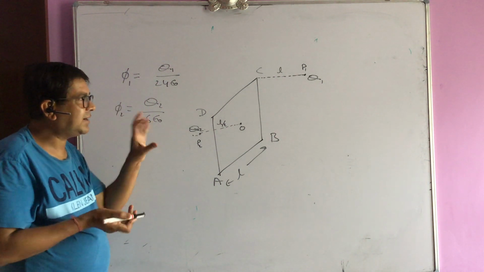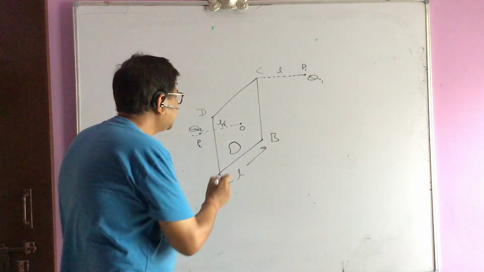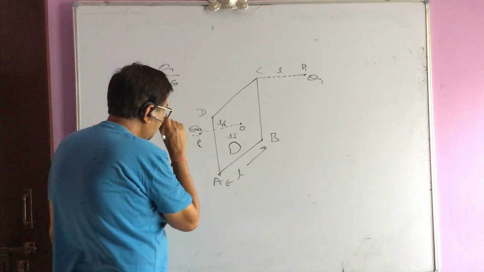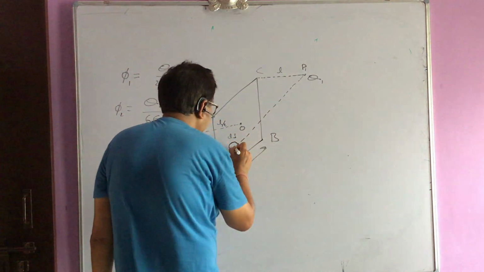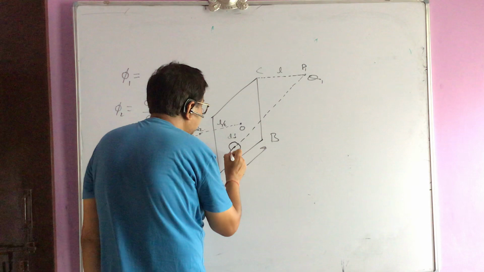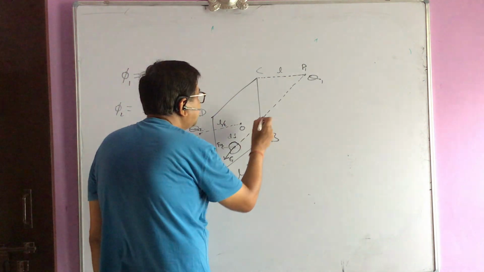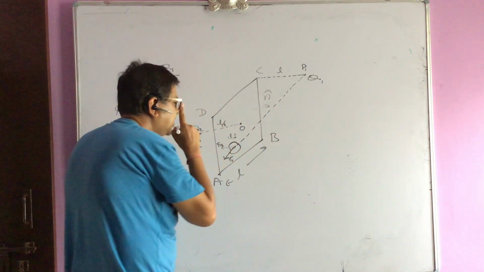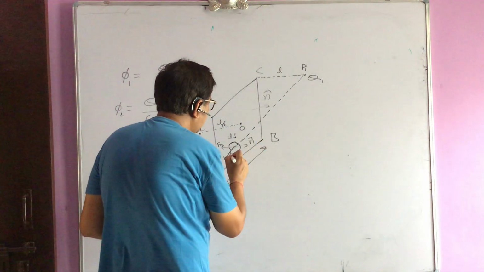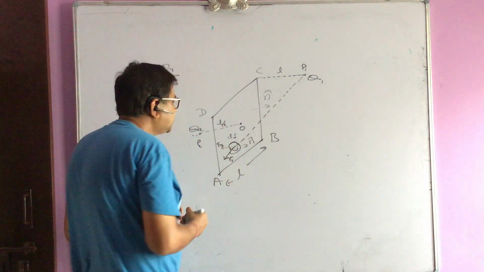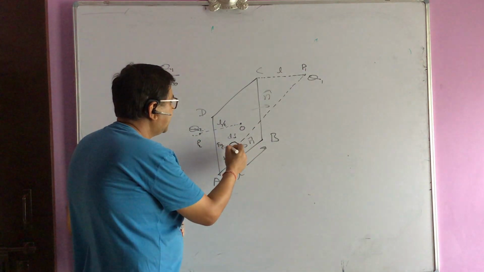So we have to be alert about that. First of all, I should understand it by taking any arbitrary element on this surface. If I take say dS, and if I take the field due to Q1, let the field due to Q1 be E1. So E1 is like this, and the normal component of E1 is say E1n. If I take this right-hand side area vector as positive, you know the angle between E1n and the area vector is going to be more than 90, so this is going to be negative. E1n is opposite to n, so this is going to be negative.